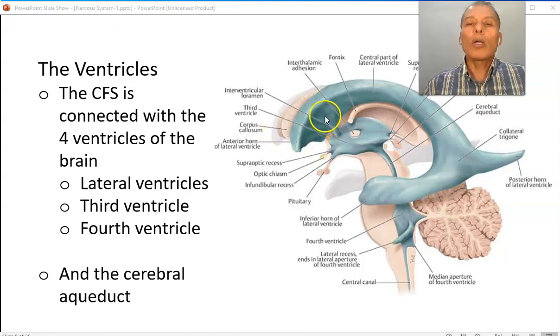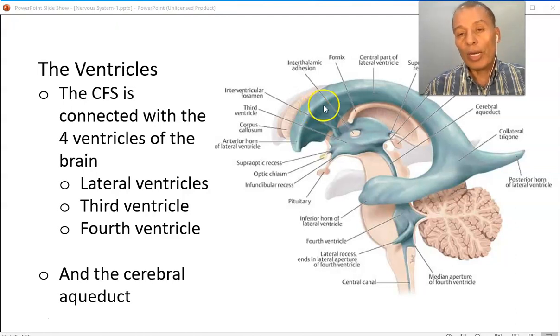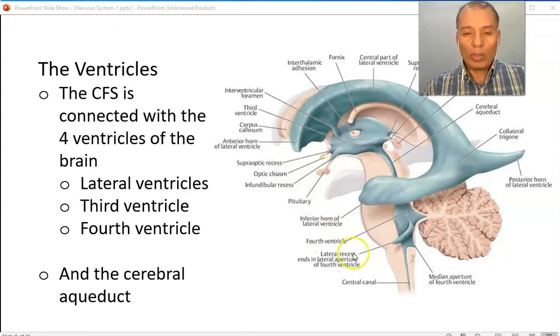So these 4 chambers inside of the brain are spaces that are filled with cerebrospinal fluid, which circulates. The big one is the lateral ventricle. You have one in each hemisphere, so you have 2 lateral ventricles, and then you have the third ventricle, which is inferior to the